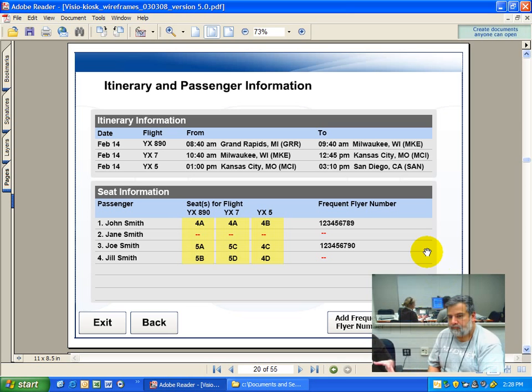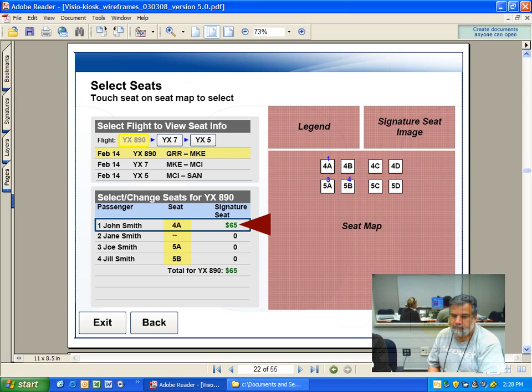Do you think that it could possibly be confusing on this screen? Not really. Okay. The highlighted seats, the flight numbers, the columns, the names across, and the red, it's really nice. Okay. Now, back to this lovely screen. Now that we've added more passengers, same similar screen to what you saw with the single passenger,